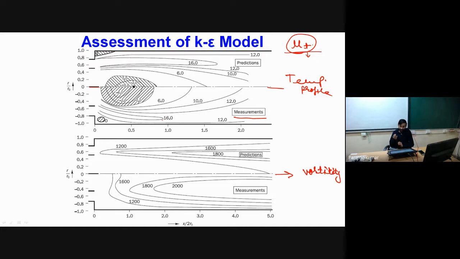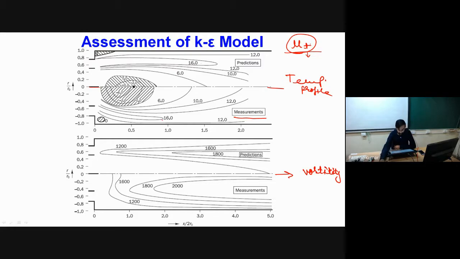However, in practical scenarios, what will be happening? We will be having the presence of different length scales of the turbulent eddies, different velocity scales. So because of this, our turbulent viscosity will not be of isotropic nature. For free surface flows and wall bounded flows, this type of assumption works well. However, if we have flows with strong rotational effect and strong swirling motion, in such situations this assumption of isotropic eddy viscosity doesn't work well.